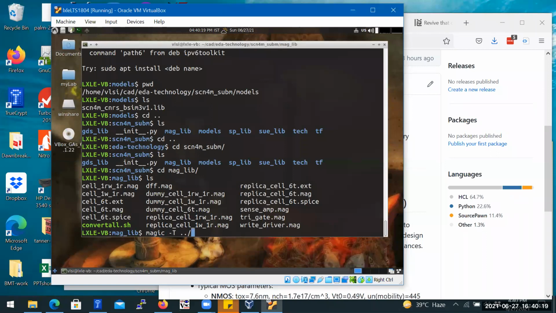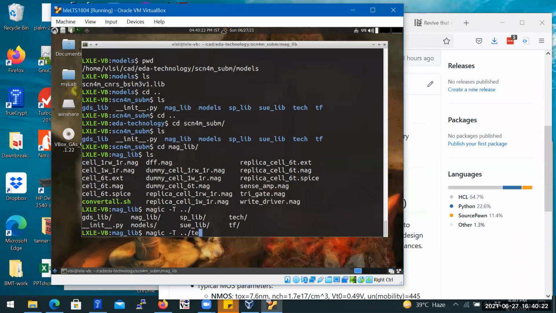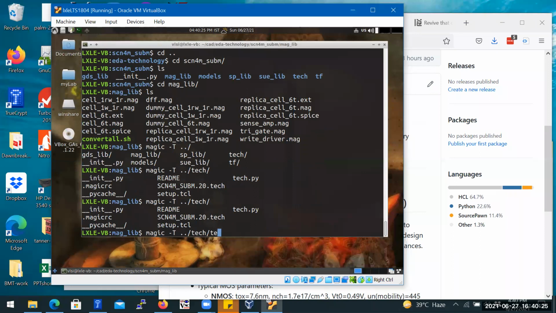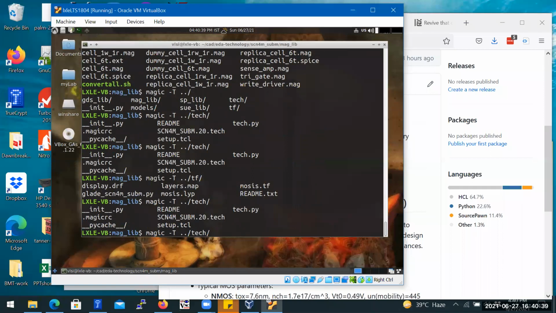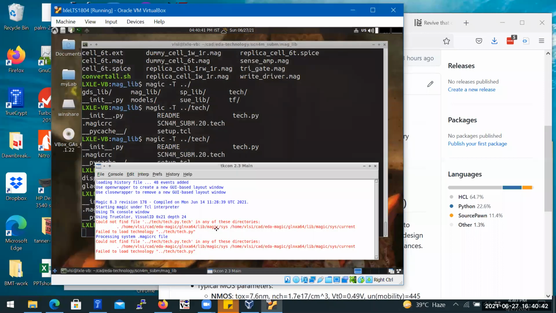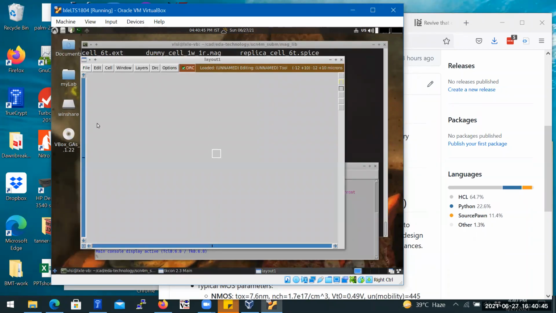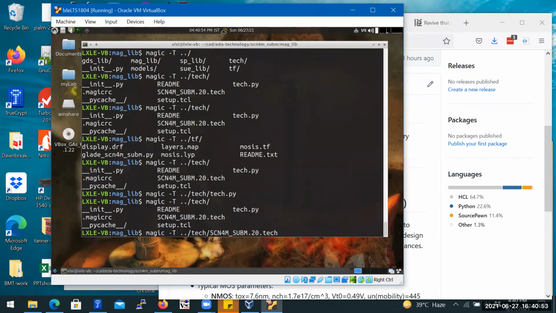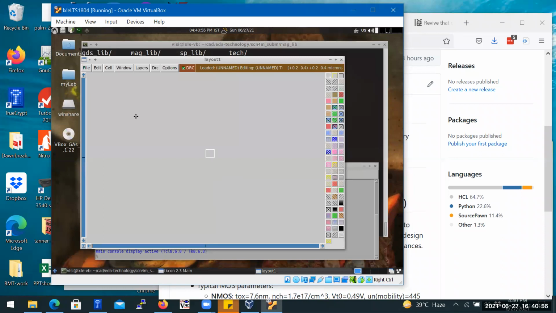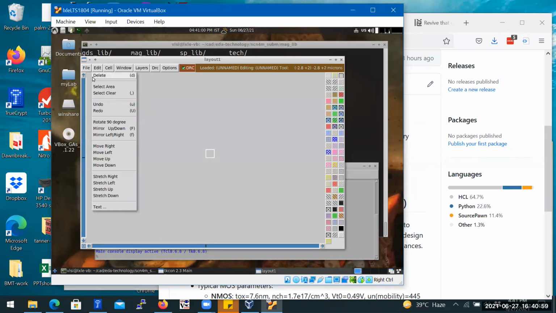So where's the technology file? Tech. I think it's the tech.py. No. So Sandan, which is the technology file? Is it, oh, SCN4M, right? This one here. Yeah. So now you have the technology file, so you can actually load layouts from that